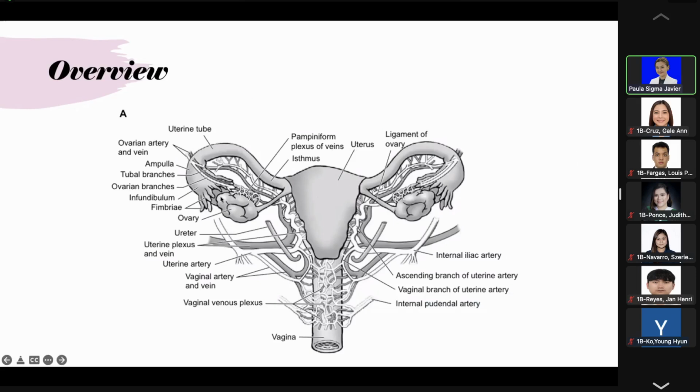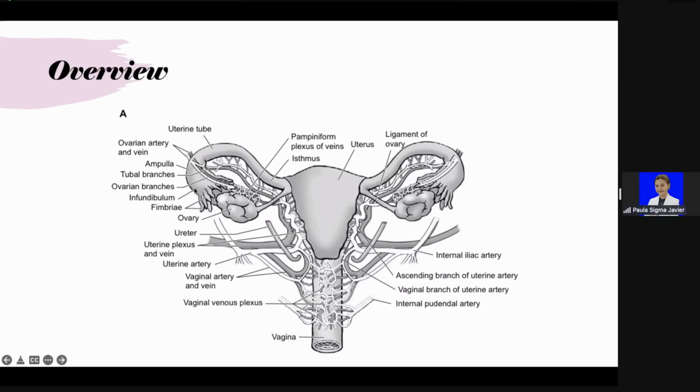Okay, so just an overview of everything we're discussing for today. We have here your ovary with the round ligament of the ovary, and its attachment also to the lateral wall, the suspensory ligament of the ovary. So these are parts of the broad ligament. And then we have your uterine tubes, the infundibulum with the fimbriae. The fimbriae is where your egg cells are trapped in order for it to travel through your fallopian tube. Okay, so parts of the fallopian tube are your fimbriae, the infundibulum. Actually, the fimbriae is part of the infundibulum.